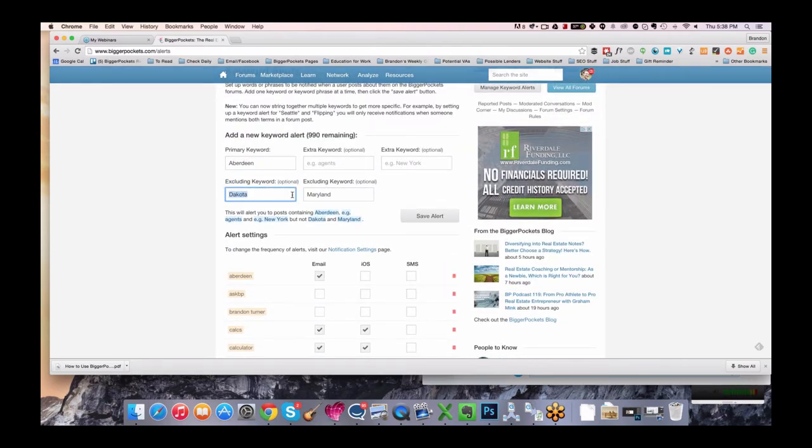The example shows you can exclude certain keywords you don't want to be notified about. So if somebody mentioned Aberdeen in South Dakota, don't worry about it. Very, very useful. Again, here's another reason why that's so useful. If you set it up for all the local city names in your area, anything within like 100 miles, set up as many as you can. You can do 5 if you're a free member, 20 if you're a pro member. Set those up, and if there's a local meetup of investors, they're going to advertise it on the site, and then you'll get to find out about it.